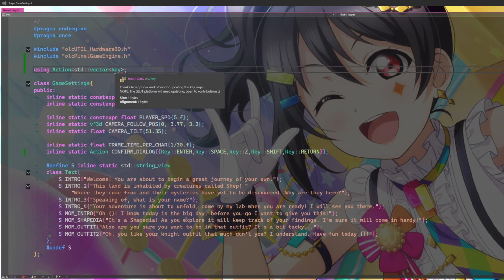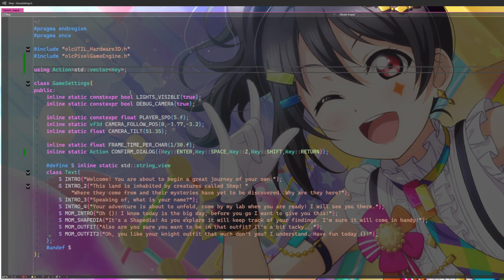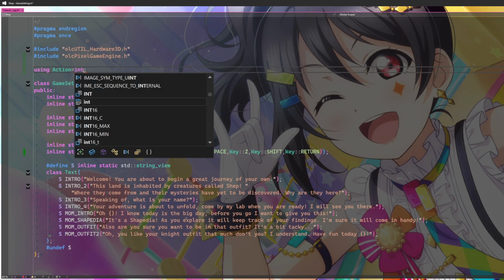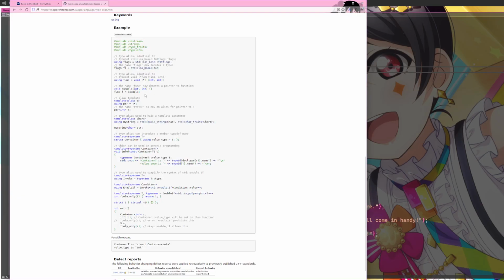Let me think about this. Why doesn't this work? Like, can this be anything else? Am I just using it wrong? Looks like I'm using it wrong, because even that doesn't work. Huh.